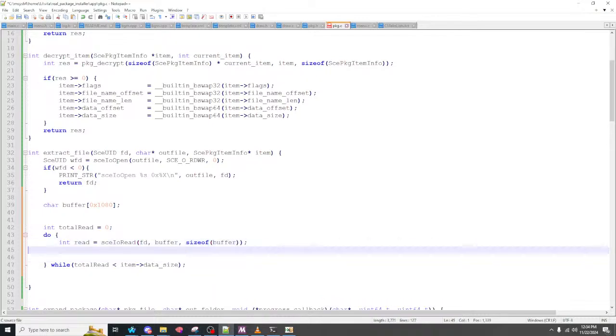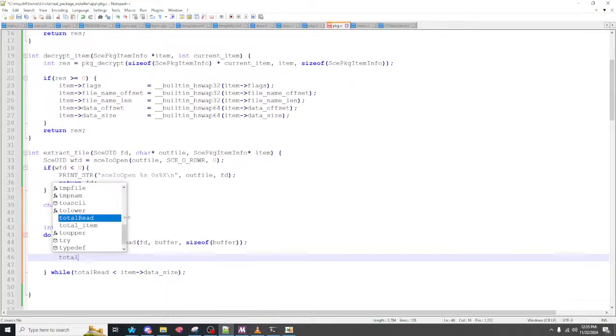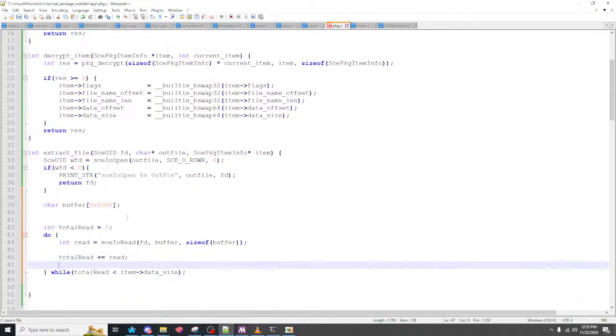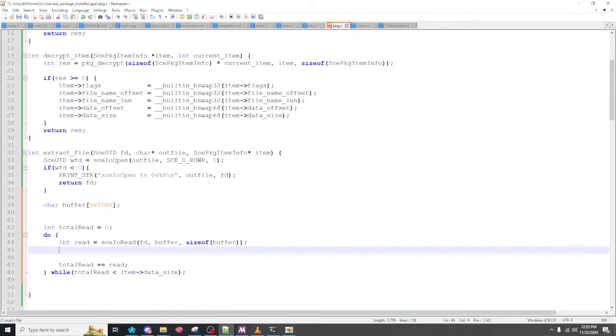And then total read just equals read, assuming read is greater than or equal to 0. Yes and 0. Then